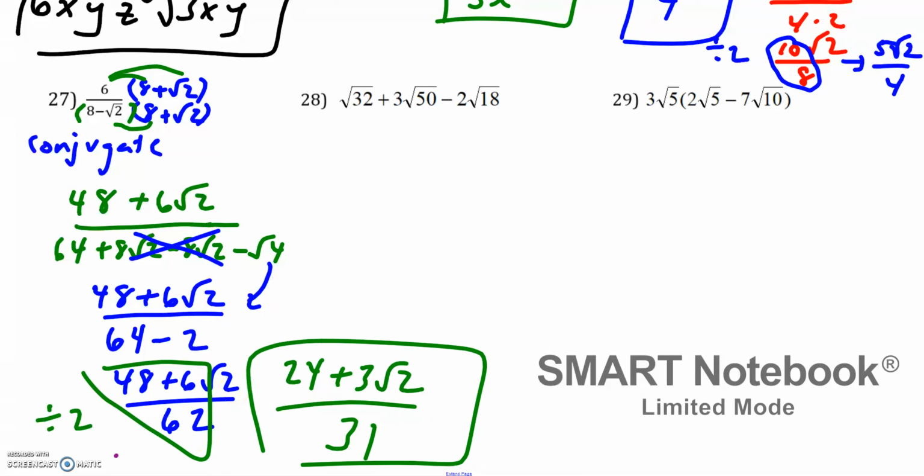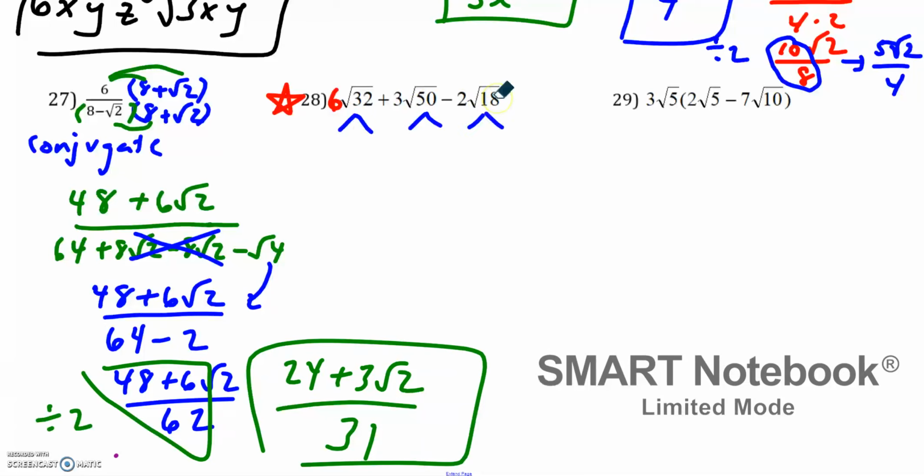Now for number 28, my goal is to add these radicals. And if I do so, I need my radicand to be the same. But before we start, I did change this problem that I think for the better. So if you could star this one, if you could please put a 6 in front of the root 32. Okay. So now if I really want to add all of these radicals, because the radicand is not the same,